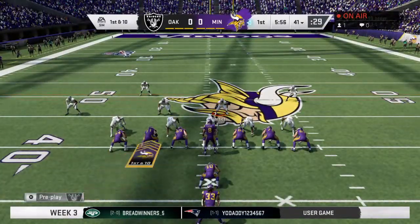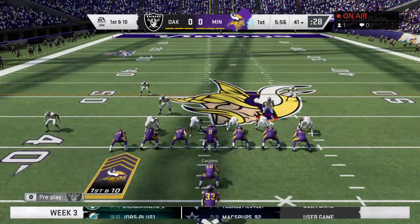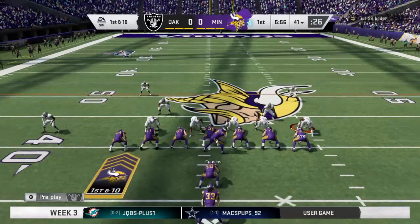Double dog, that's the way. Out. 49. Here we go,